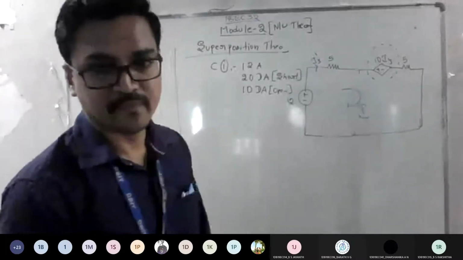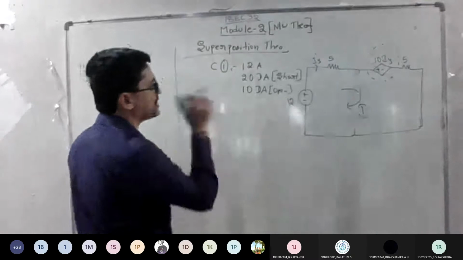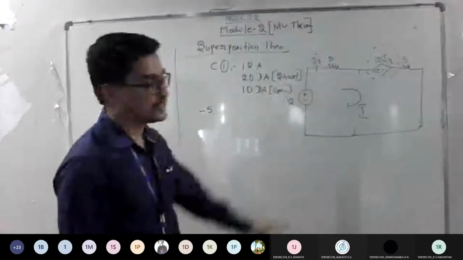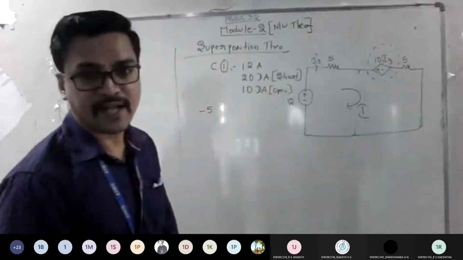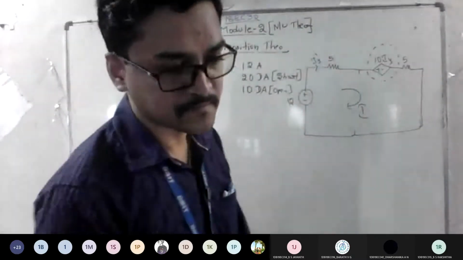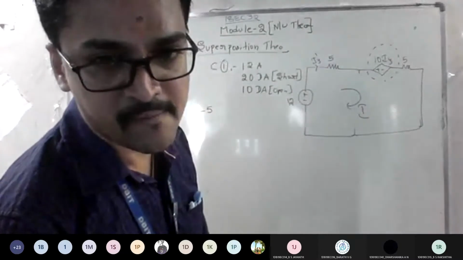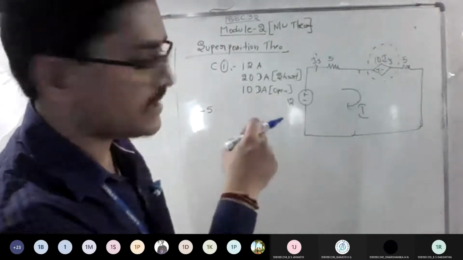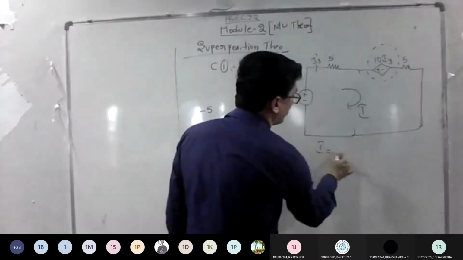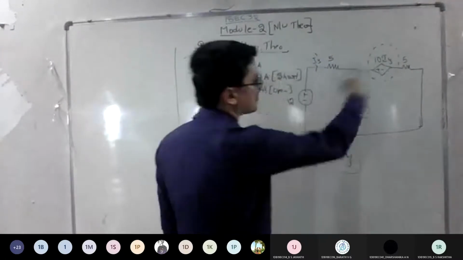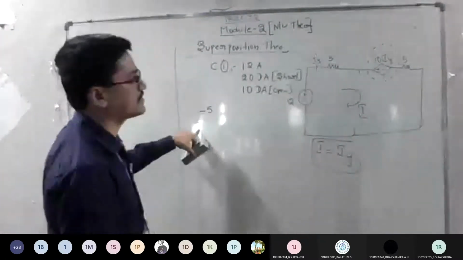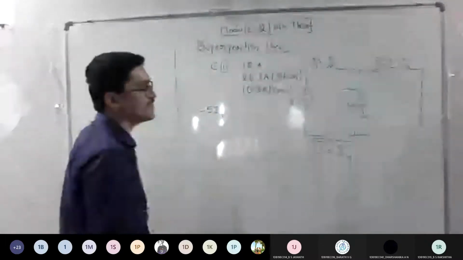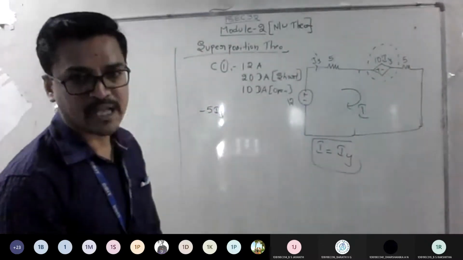Proceed. Go with the flow of KVL. Apply mesh analysis. Let's start with -5. See, I is nothing but IY dash. Both are the same only. Correct or wrong? Yes or no? Yes sir. If I consider, I can write I is nothing but IY only, because IY is the current that flows across this complete path. So -5 IY, or you can write IY dash, not a problem. Anything is fine.